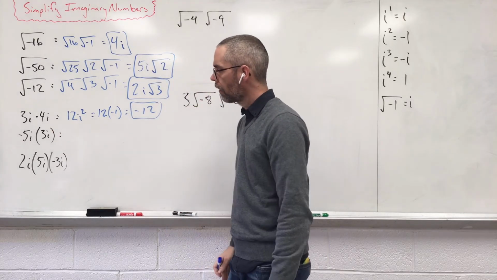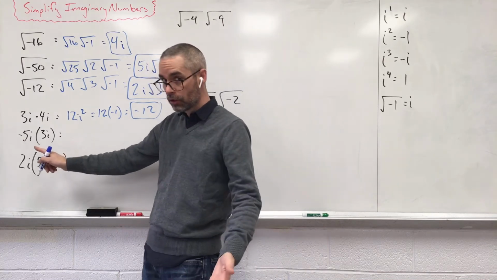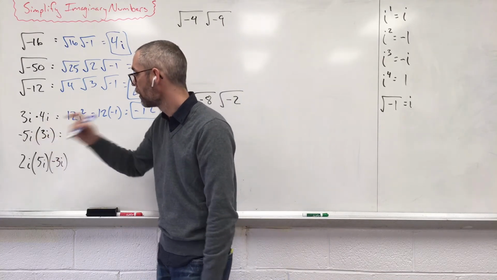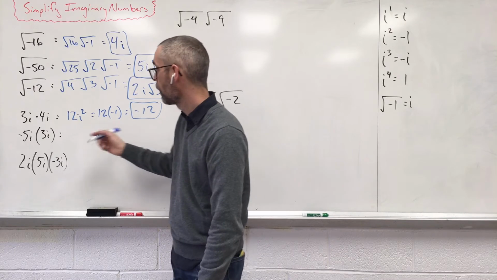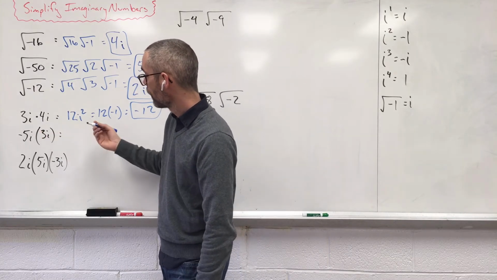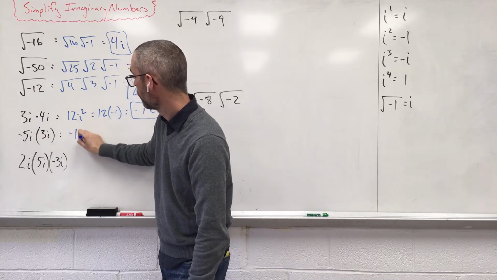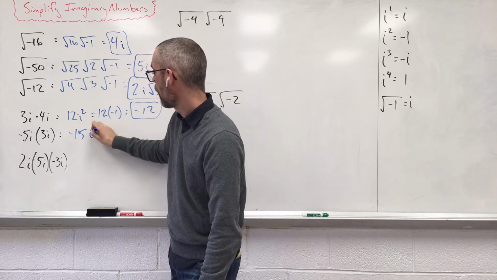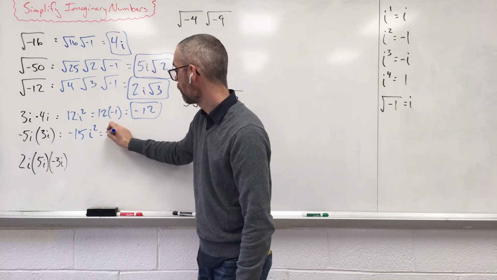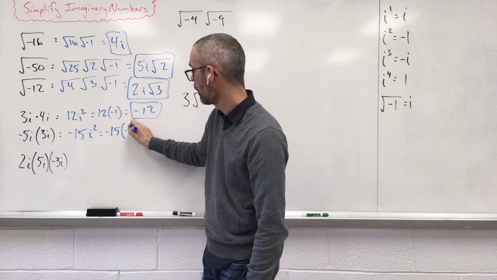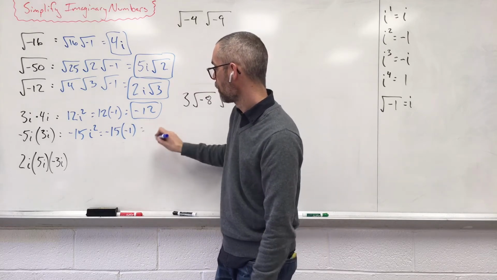If you put a negative in there, it doesn't matter. If you change the way you write multiplication, instead of a dot you have parentheses instead, again, it doesn't matter. -5 and +3 gives us -15, i and i squared. The only difference now is we're going to say -15 times -1, which now gives us